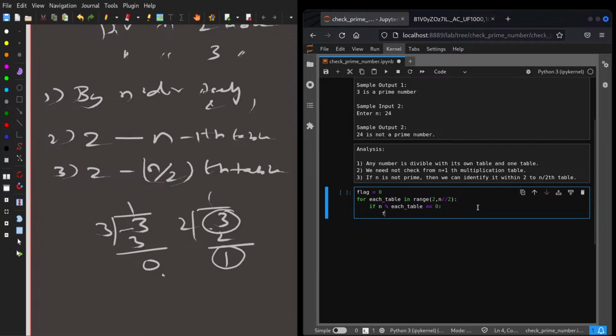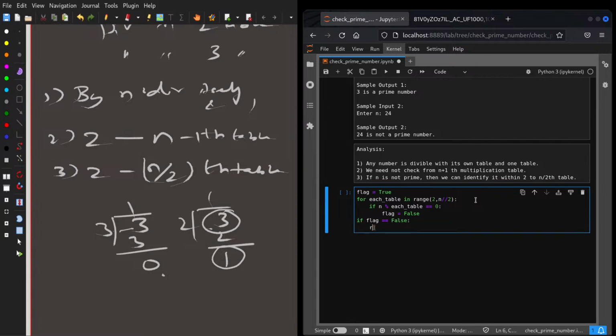If something is equal to 0, this flag will be turning to 1. Or let's have it as false, or true, no problem. If it is equal to 0, then we will change the flag to false. That means the number is getting divisible by that table. So if flag is false,